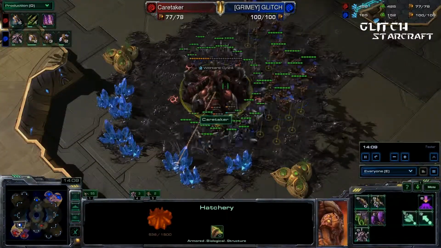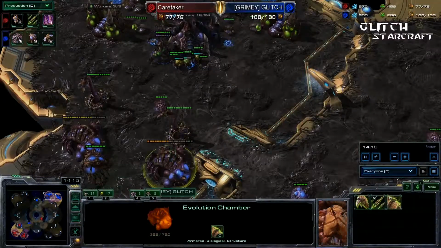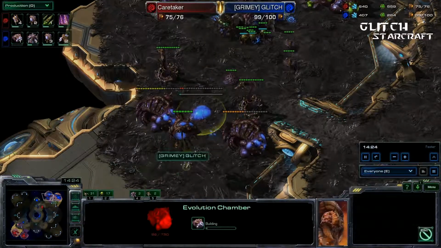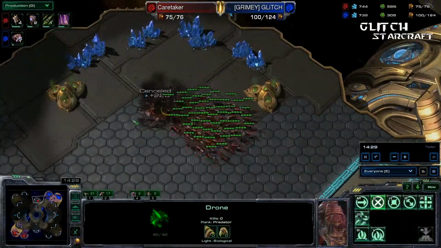So what you'll see here is me start to pick off this hatchery, and then say, you know what, no, I need to go back. I need to defend right now. So what I end up doing is grabbing one of my drones and throwing down an evolution chamber so that he can't actually get into the main. So I pick off that base,